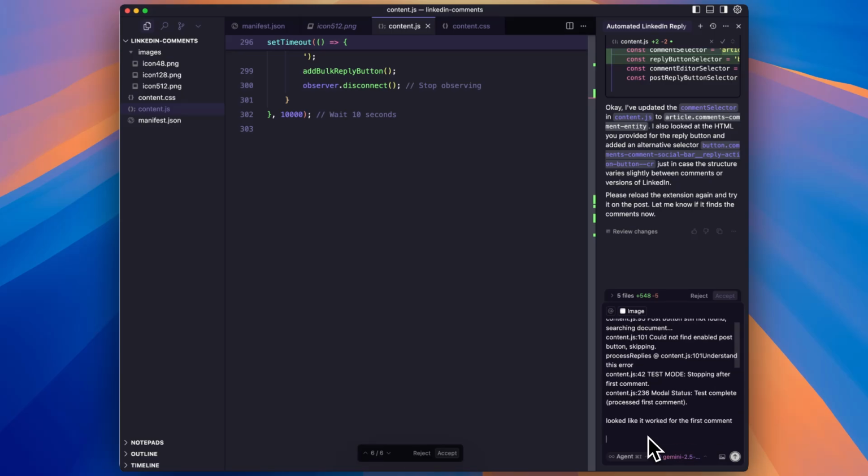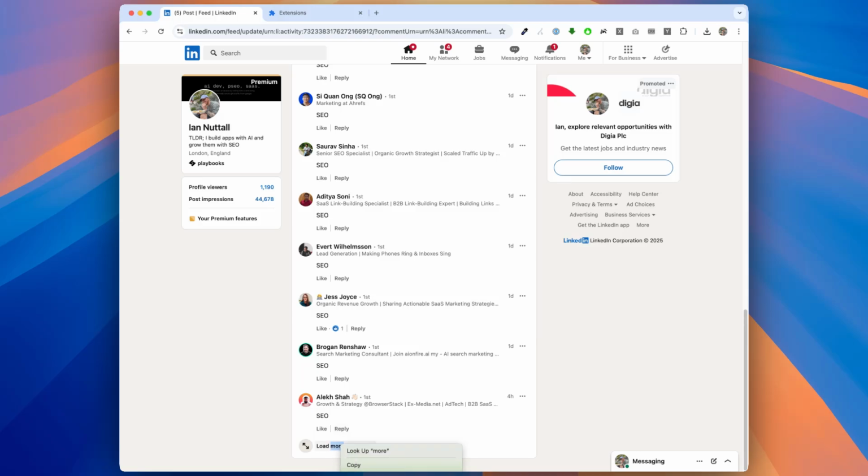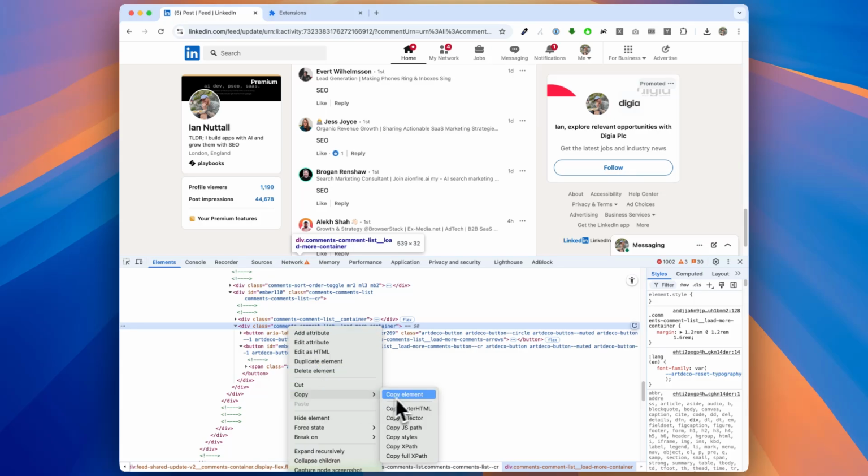What else do we need to do? Before we start adding actual posting functionality, let's first change the button text to include the total number of comments. Now we may need to click load more comments to get all of them because there's a lot of comments and LinkedIn only shows them in batches of, I don't know, 10, 15, 20, whatever. So we need to make sure that all comments are shown before we start looping through so we can get the total count. And then we'll fizz back over, and then here's this button here, inspect. Copy that.